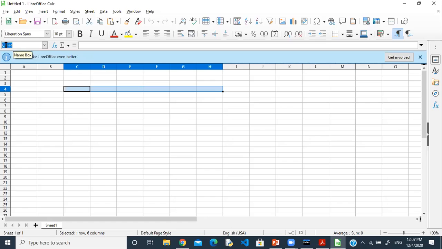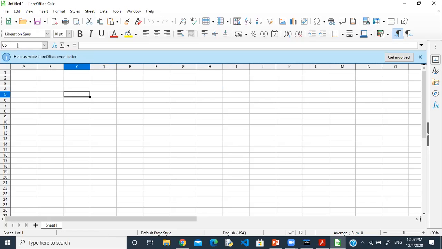And you can find out whenever you select a range of cells, what it will display in the address box or the name box. Look at this. Right now, which cell is active? This is C5. But whenever I start selecting a set of adjacent cells, look at this. I have started the selection from C5 and ended at C14. This is called the range address, sometimes also called the range of cell address. So how is it written? It is written with the start address, colon, and the end address. The start address is C5 and the end address is C14.